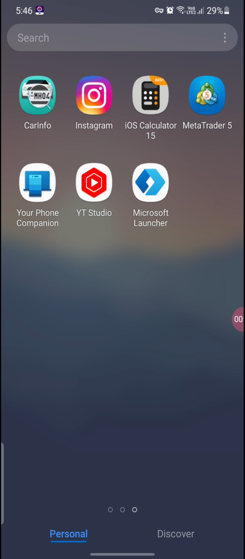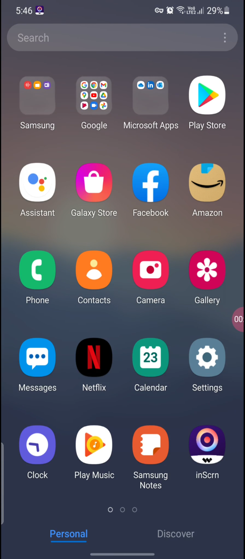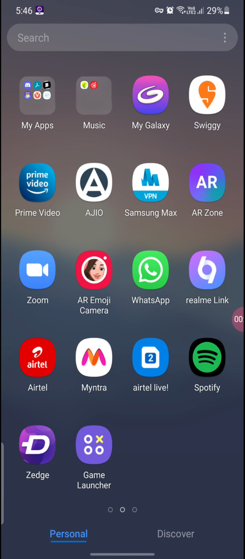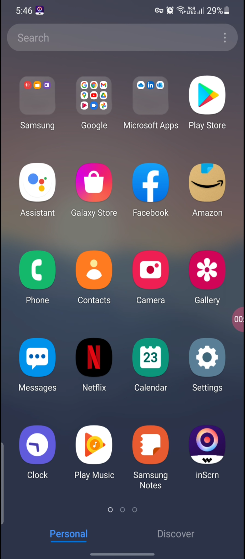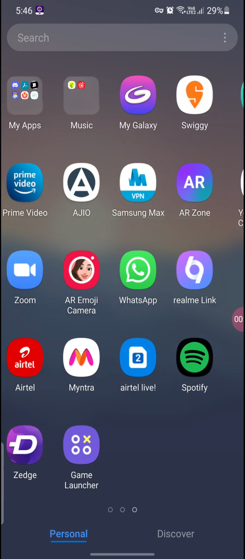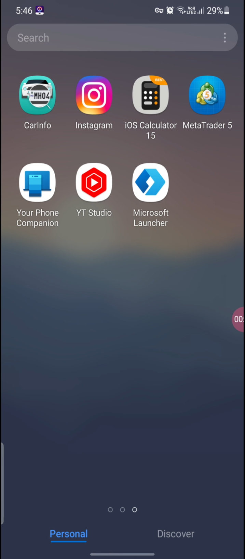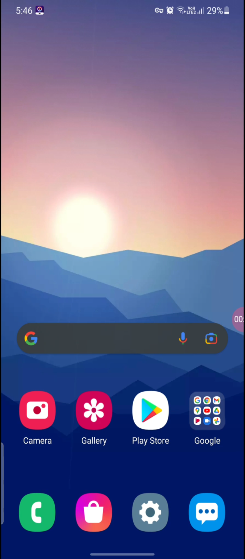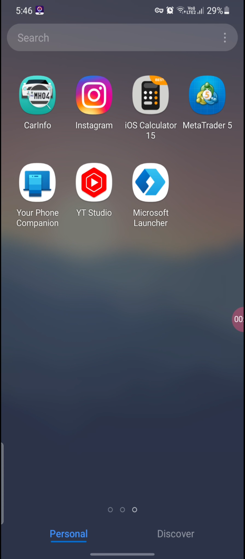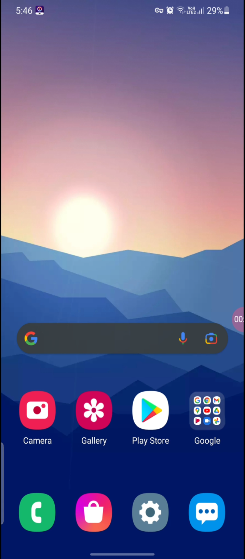Sometimes you think that in the Samsung phone, mostly in the Samsung phone, there are only horizontal grids, meaning you can search only horizontally. But in this video I'm gonna tell you how you can search in a vertical grid also. So for that you need to go on your Play Store and you need to download the